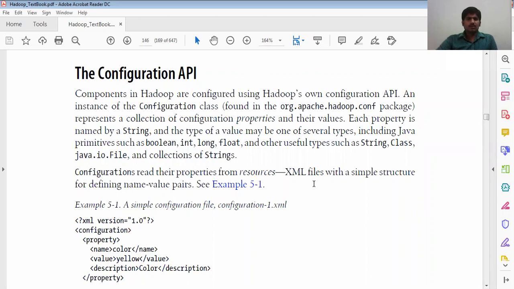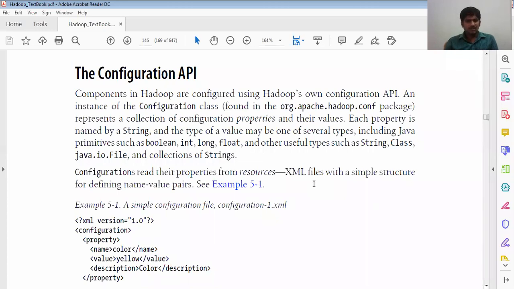Each property is named by a String, and the type of the value may be one of several types, including Java primitives such as boolean, int, float, long, and other useful types such as String, Class, java.io.File, and collections of Strings. These are the useful data types we already saw.